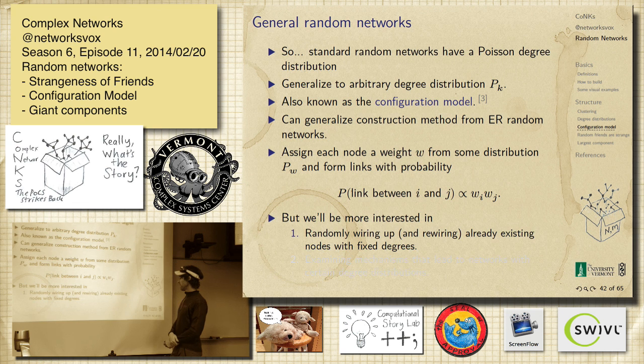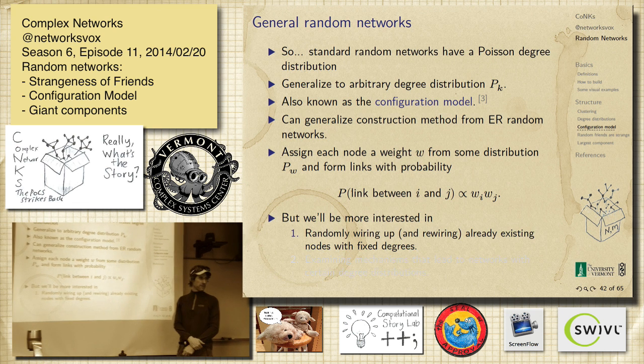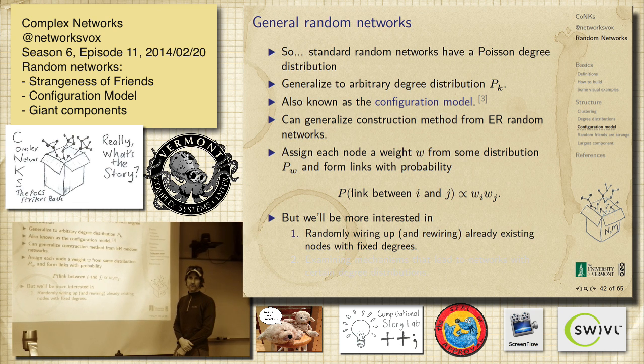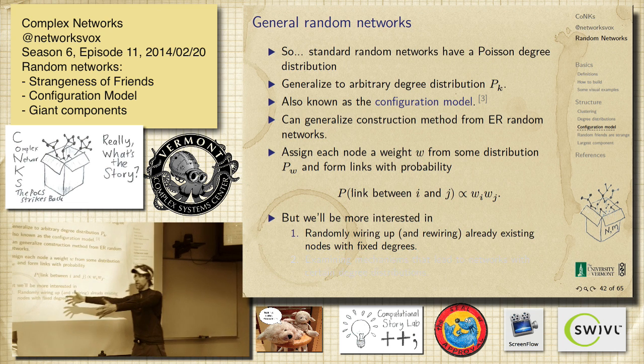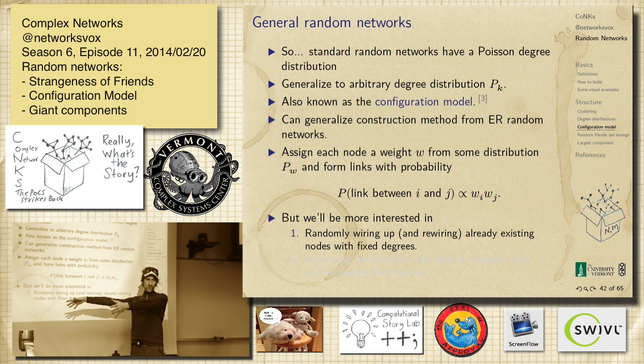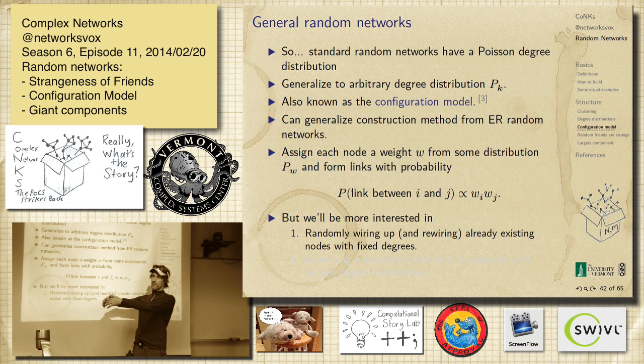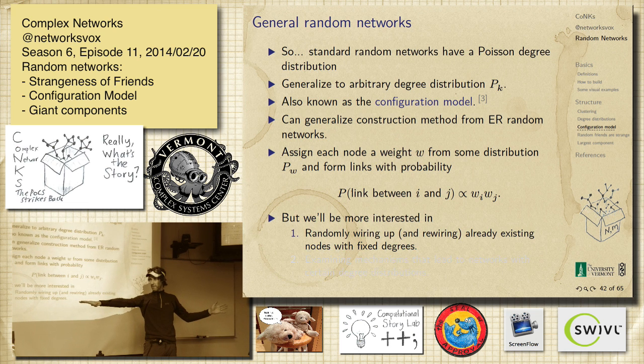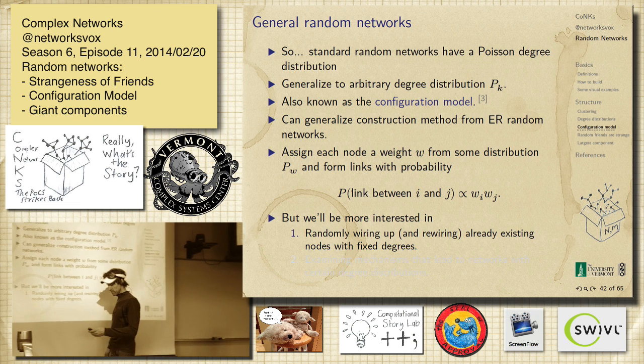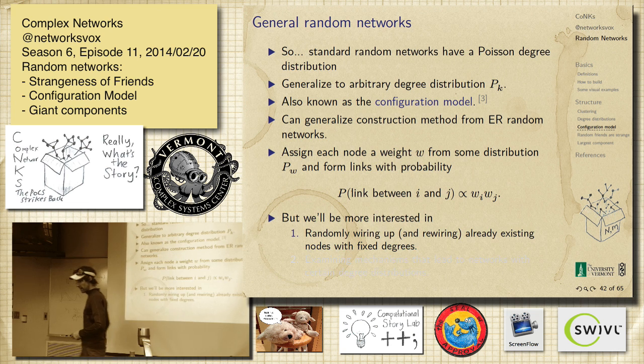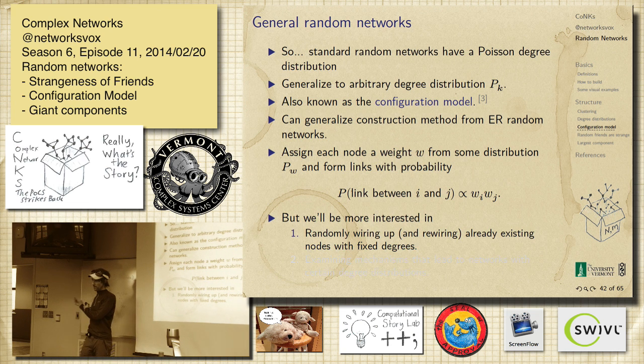Okay, so we want to do this. We want to randomly wire up things. And it feels a little more intuitive too. So this is going to be a better way. Say we get a real network which has a specific degree distribution, right? There's node 1, and it's got 5 links, and node 2 has 3, right? You actually have a real layout of nodes. What we want to do is then jumble that thing. So that seems like a reasonable procedure. We want to jumble it up and see how different the jumbled up versions are to the original one. We've talked about this a little quickly in POX.